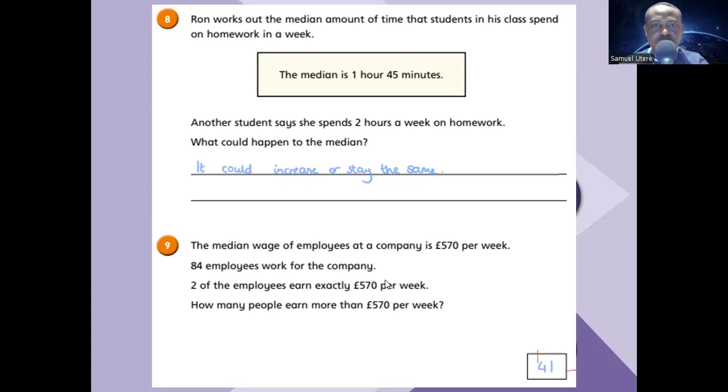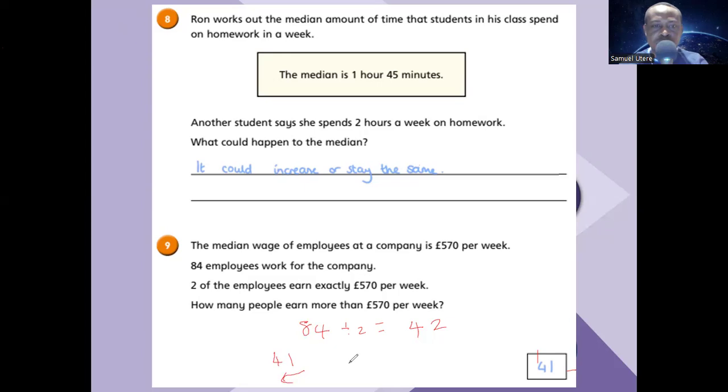When we have an even number, we always have two numbers in between. So if we have 84, 84 divided by 2 is 42. So it means 41 that way